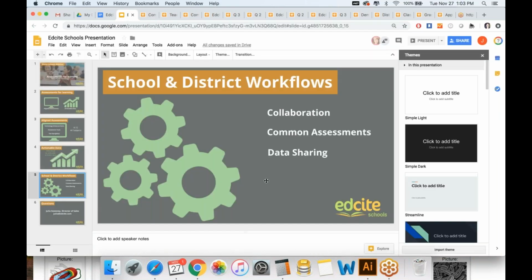And then in terms of data sharing, you've got full control over who has access to what data. So if you want, let's say, department chairs to have access to the data of all of the teachers in their department, you can do that. If you want special education teachers to have access to the students that they work with across all of their teachers and grade levels, you can authorize that.